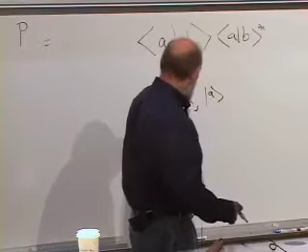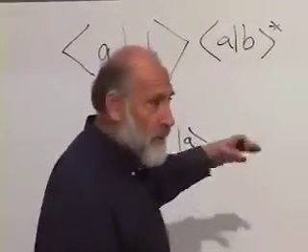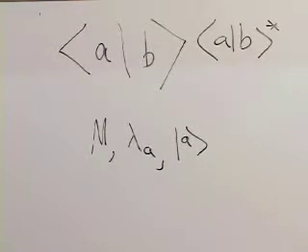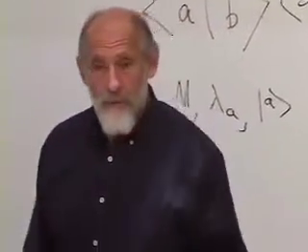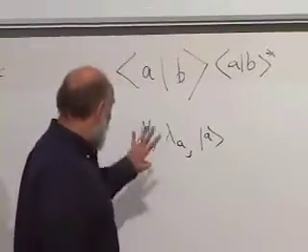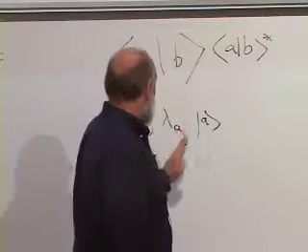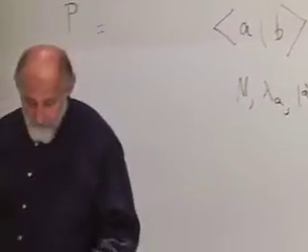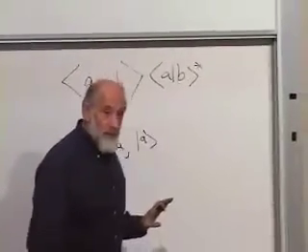Then the probability that you measure lambda A will be the inner product between B and A times its complex conjugate. A real positive number given by the square, or I call it the square, but I mean times the complex conjugate of A with B. That's the probability. Now notice it's symmetric in A and B, but for the moment, think of it asymmetrically. You prepare the system in B, and you measure M and ask what the probability for lambda A is. That's the basic